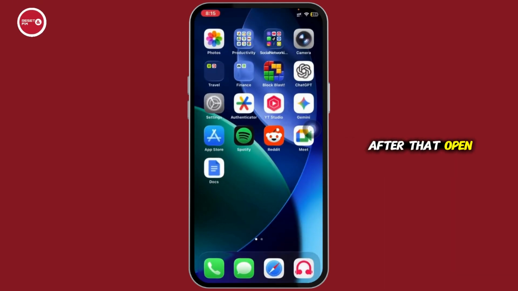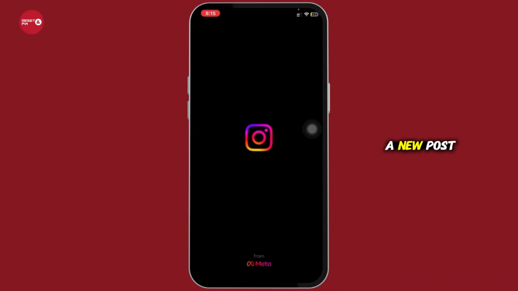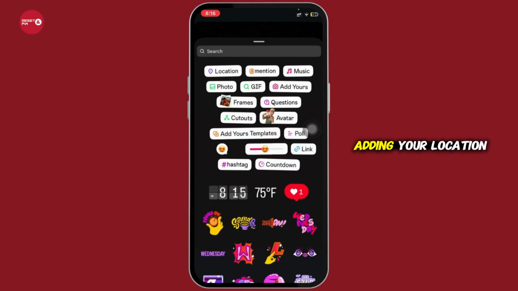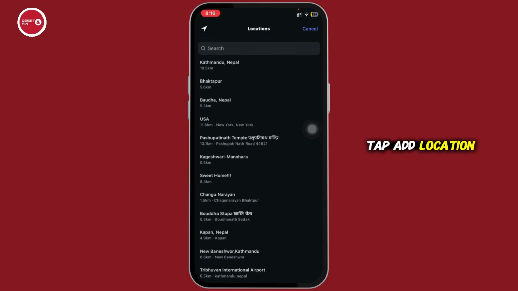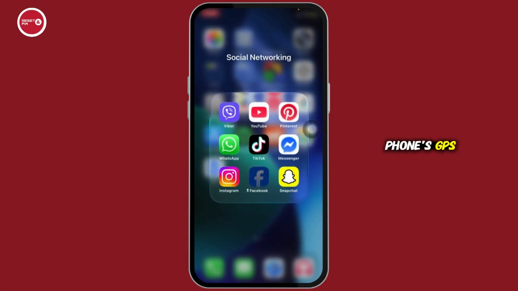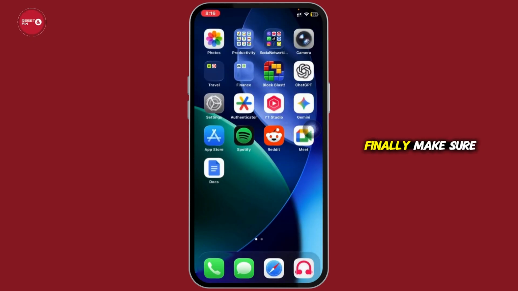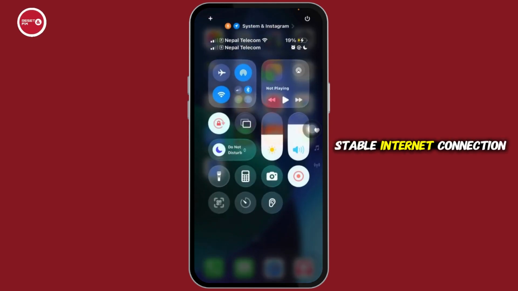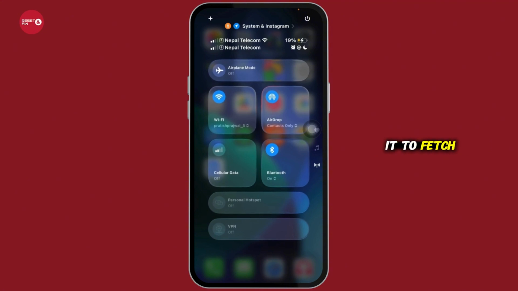After that, open Instagram and try creating a new post or story. When adding your location, tap Add Location and select the correct place. If it still doesn't appear, try turning off and on your phone's GPS or toggling airplane mode on and off for a few seconds. Finally, make sure you have a stable internet connection as Instagram needs it to fetch nearby